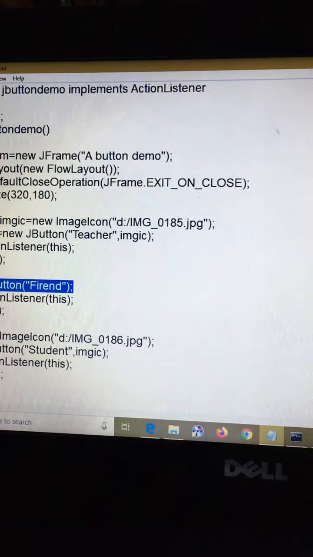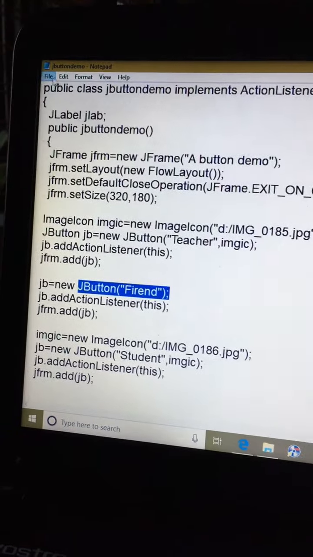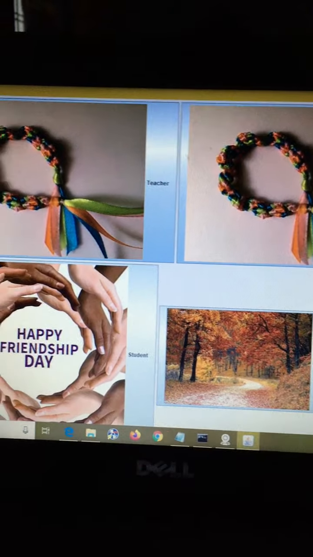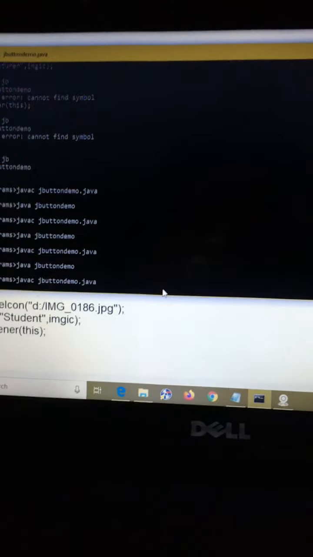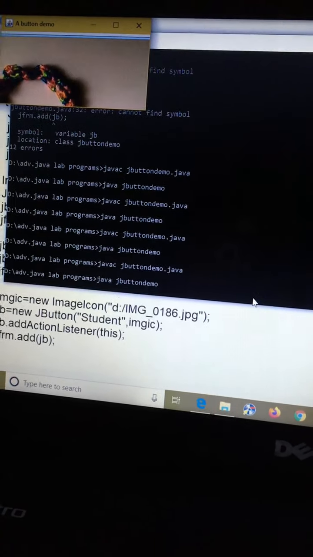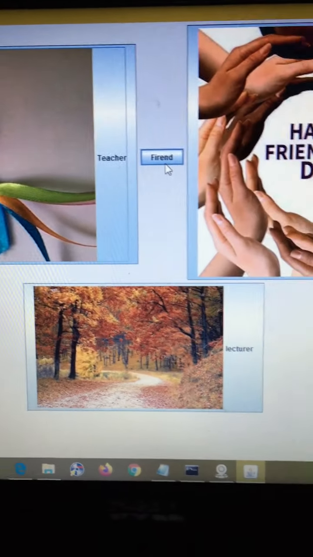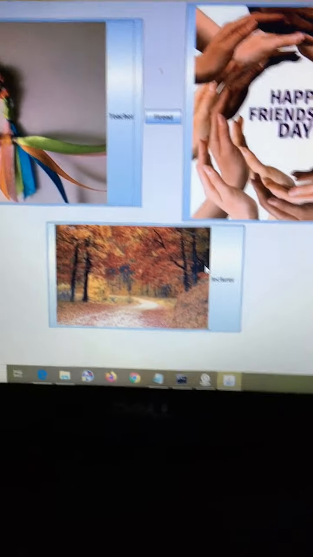Now save this one, File, Save. Close this one and again execute the program, javac file name, java file name. So look here, first button, second button, third button and fourth button.